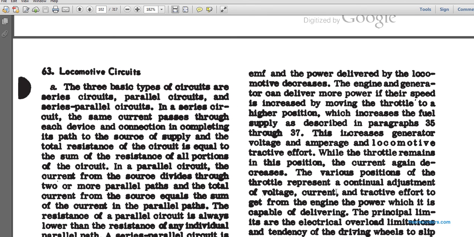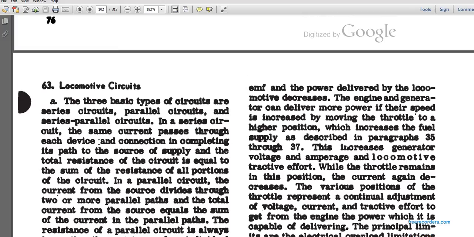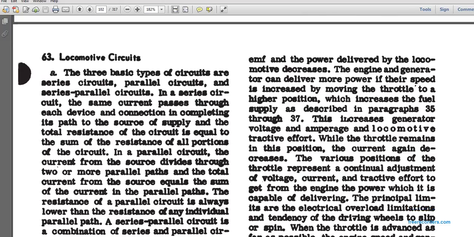63. Locomotive circuits. The three basic types of circuits are series circuits, parallel circuits, and series-parallel circuits. In a series circuit, the same current passes through each device connected in the circuit from its source of supply, and the total resistance of the circuit is equal to the sum of the resistances of all the portions